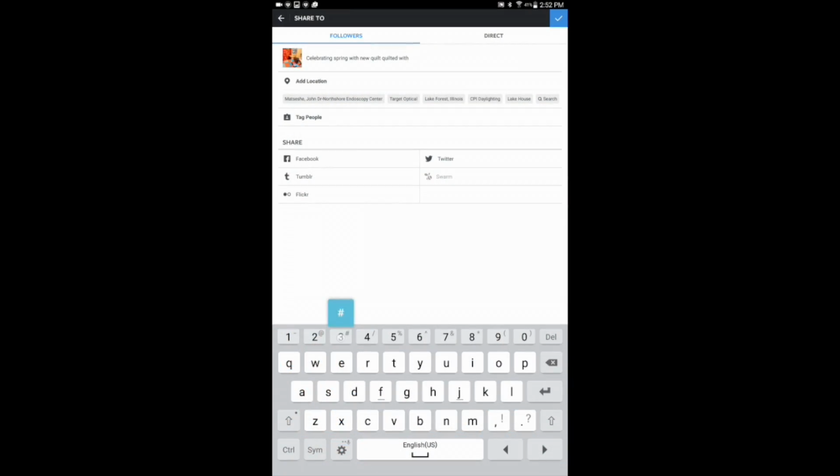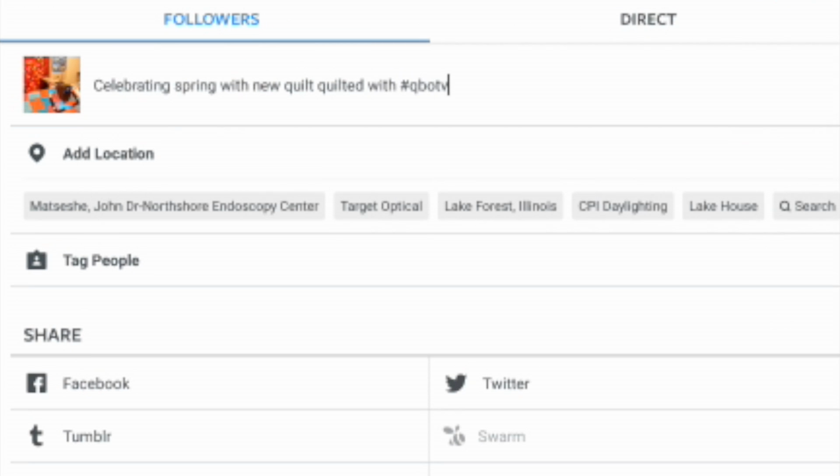So I'm going to say with QBOT V3, celebrating spring with new quilt quilted with hashtag QBOT V3,